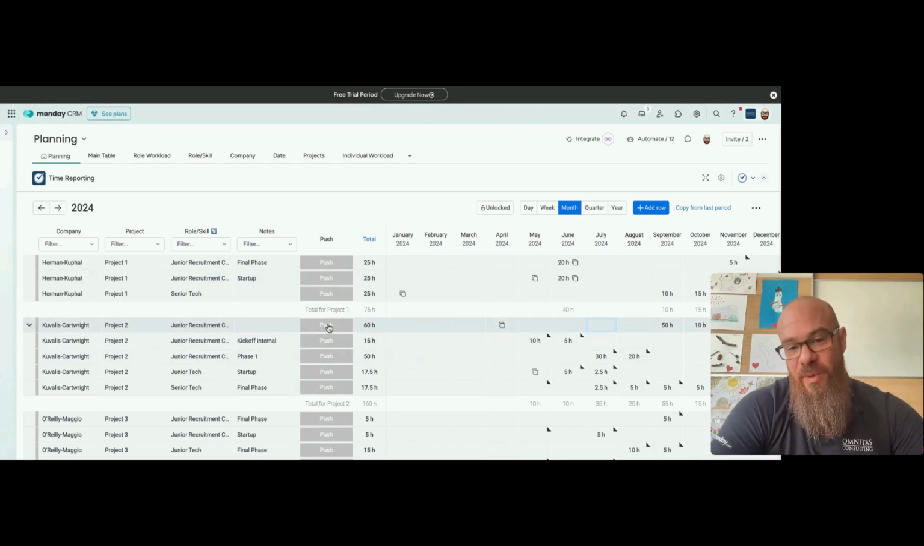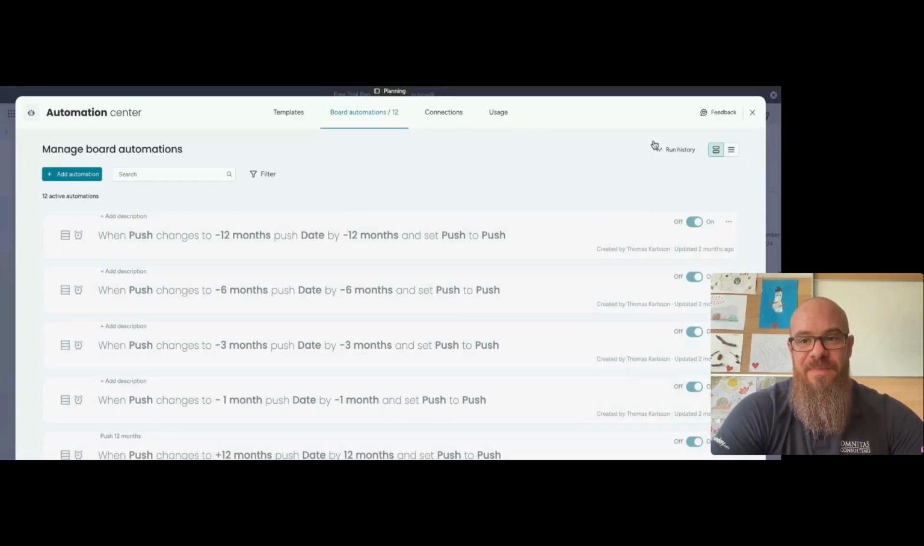And the cool thing with these is I'm using a normal status column and Monday automations in the back end. So let's look at that. So I have